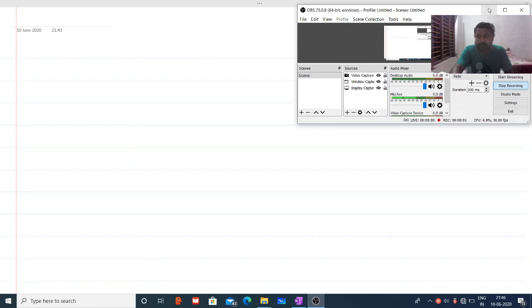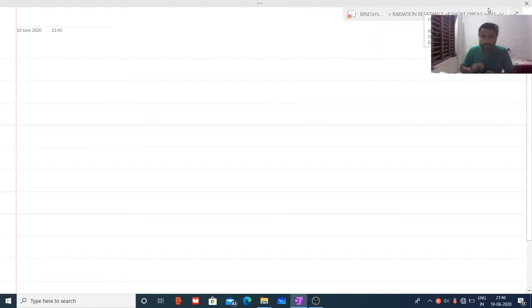Welcome back for the continuation of radiation resistance of a dipole antenna. Now we will proceed with finding the power radiation. Already we have found the average power radiated by the antenna. We will see how much power is being radiated by the antenna, which mainly describes the radiation resistance.